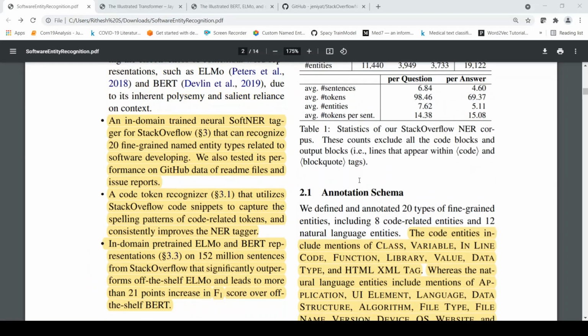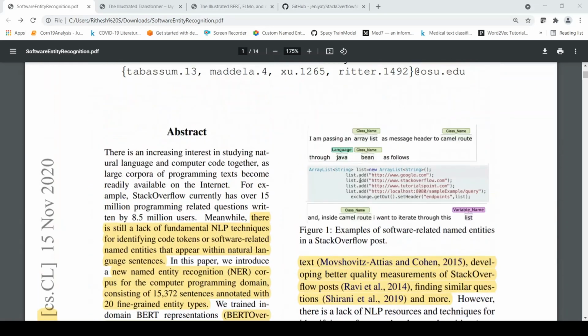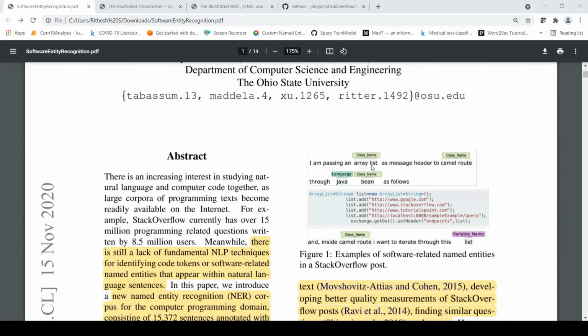Okay. So if you look at an example of a Stack Overflow post, right? Stack Overflow currently has over 15 million programming related questions written by 8.5 million users. Okay. So if you look at a post, it will look like this, right? I am passing an array list as message header to camel route through Java bean as follows, and then there is this code, and inside camel route I want to iterate through this list, and then I want to do